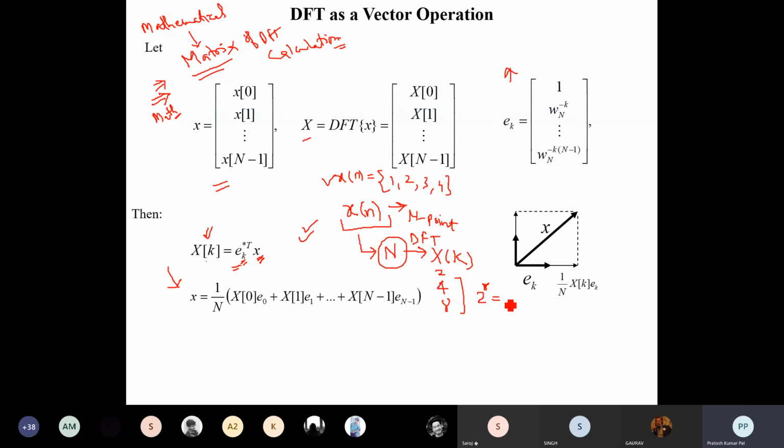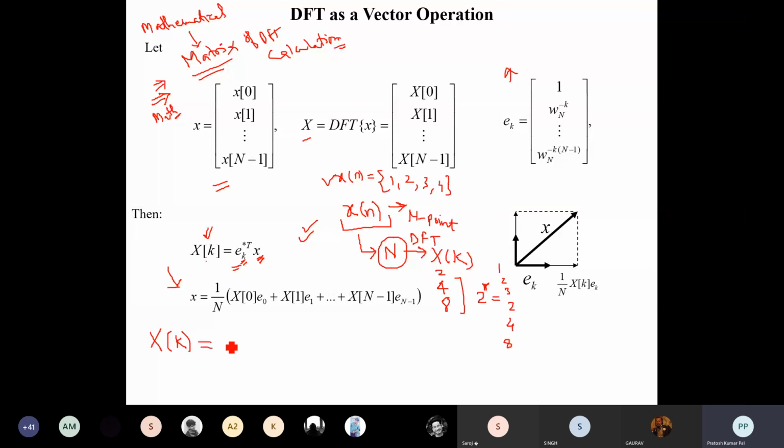Where r could be 1 or 2 or 3. So based on that it will be either 2 or 4 or it could be 8. So the DFT calculation will always be in the form of either 2 point DFT, 4 point DFT or 8 point DFT. By using the mathematical formula we can calculate it. Along with that, another simplest method is called the matrix method.